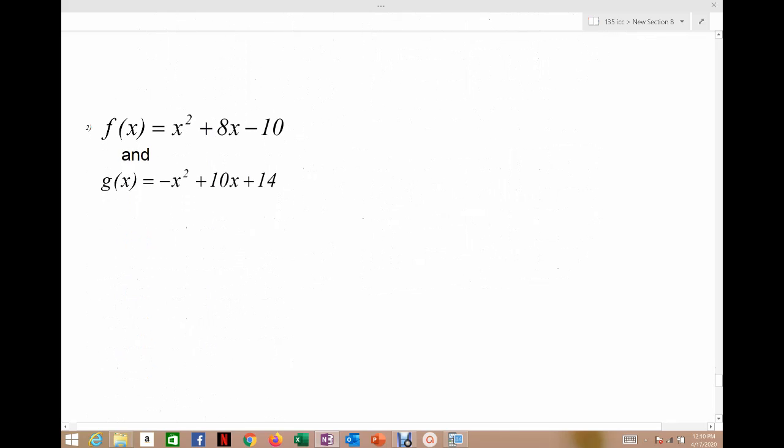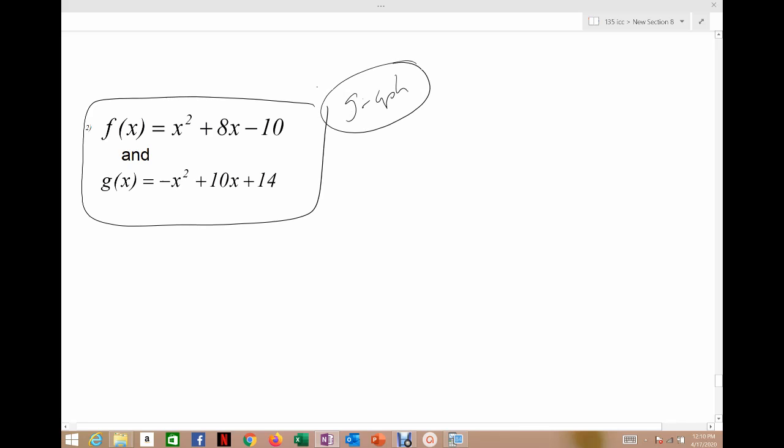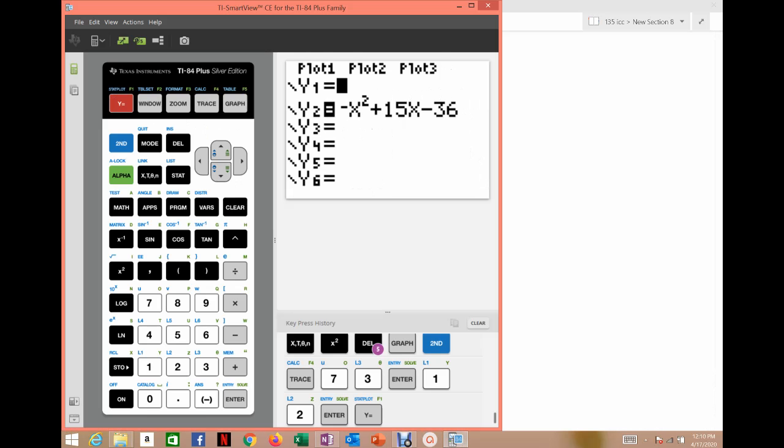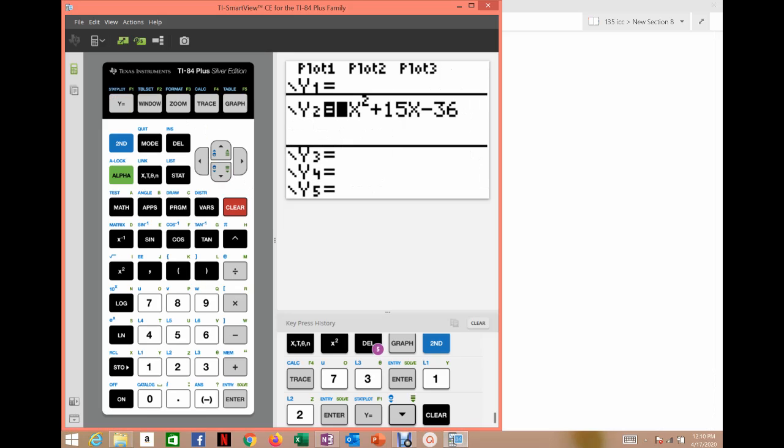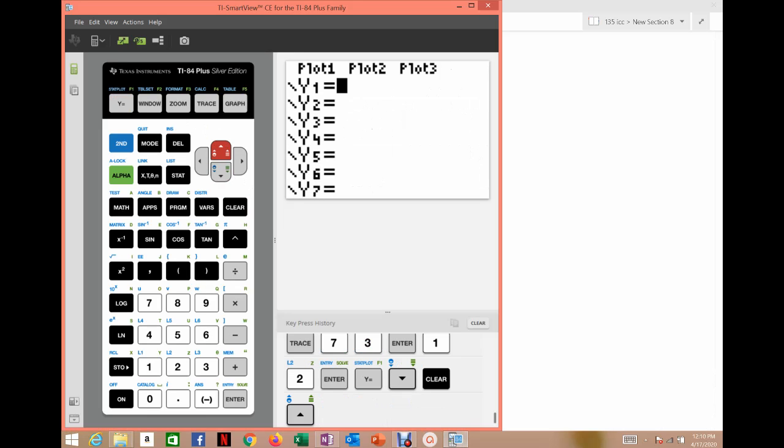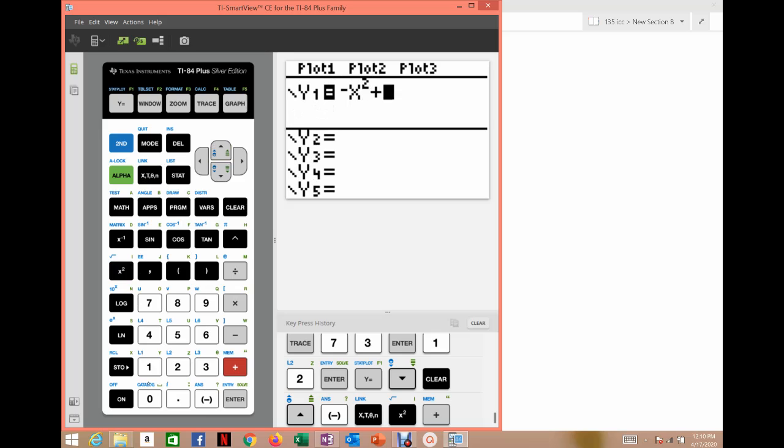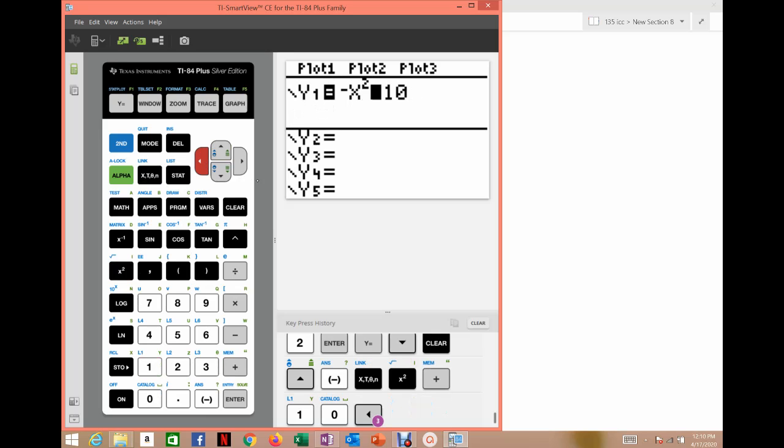So there's our second example using the graphing calculator. Again, first thing you do is graph these and show that that's how you're solving it. So we got to go into our calculator, clear out anything that's in here, type in our two functions. So we've got negative x squared plus 10. Oops, I'm looking at the wrong one. That was the previous one. Sorry, it should be positive x squared